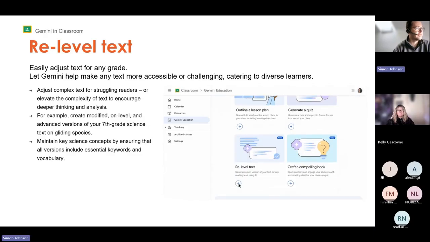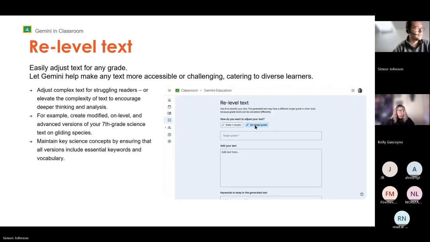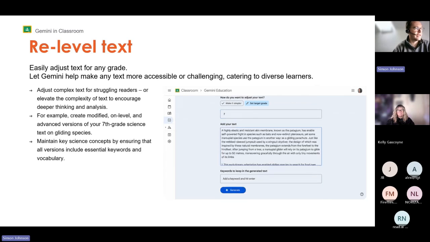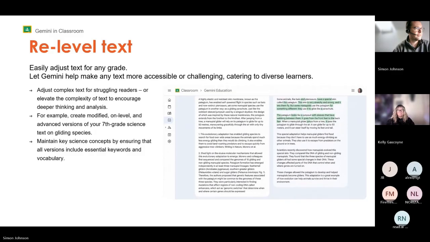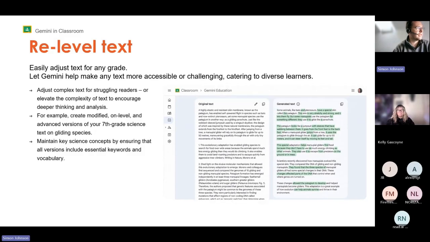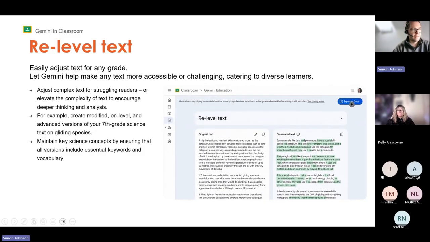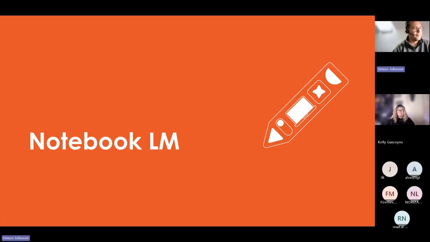Here's the reading level text. You can just make it simpler, or you can set the target grade, add your text, and it'll generate an alternative. And you can just copy and paste that into a new document. So that's included for free. It was a paid feature, now in